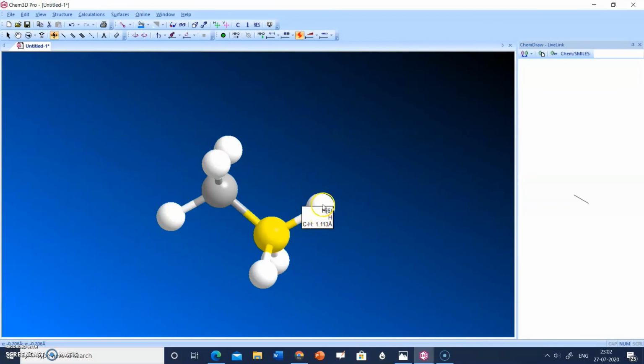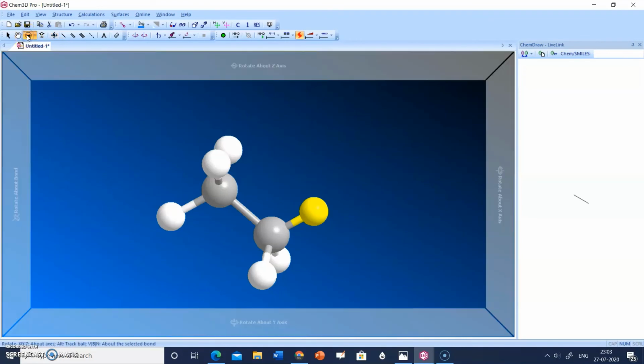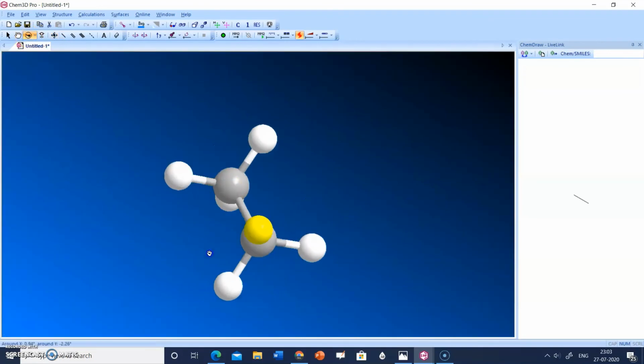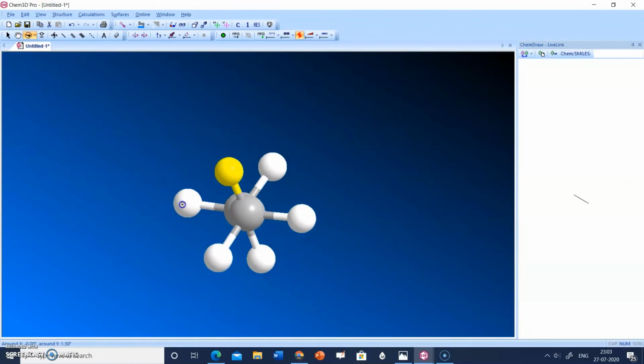Now if I click on this hydrogen atom and move this atom, its direction gets rotated, right? So it is rotating, right? Again I'll select this move tool and just click and drag and see.